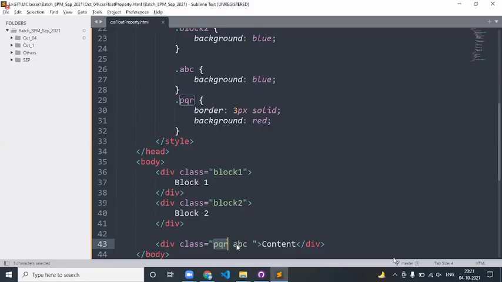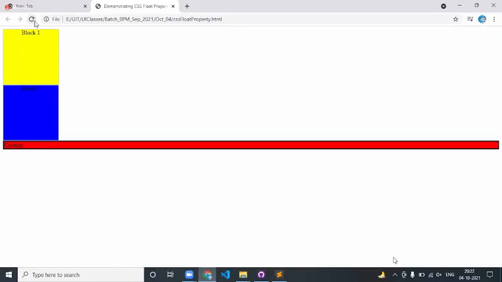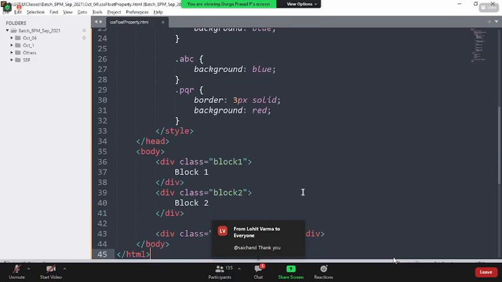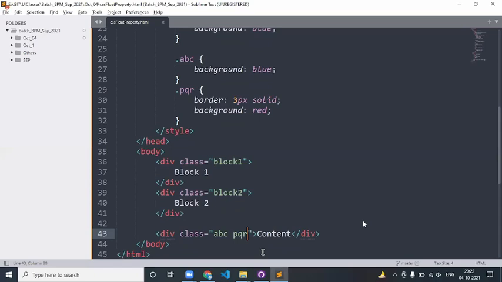Now instead of PQR ABC, I say ABC space PQR. Now if you reload the page, ABC space PQR we are giving. Why is it always taking red? If you come back and reload the page, now it is red color.